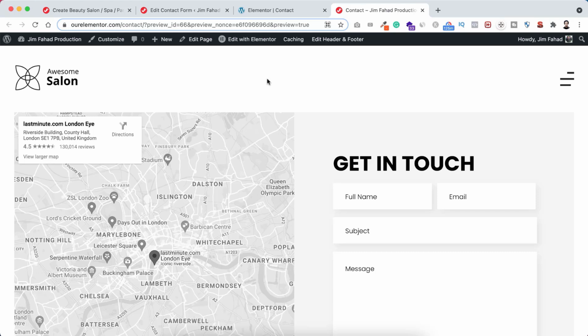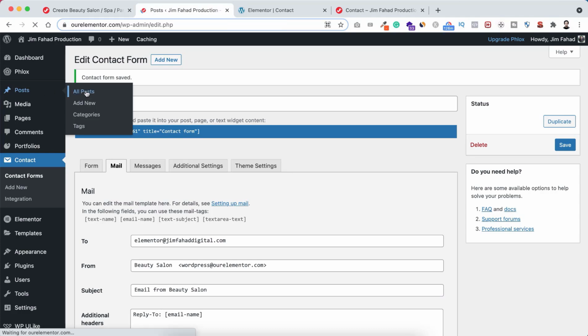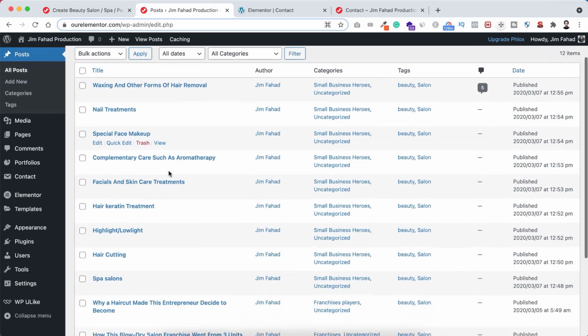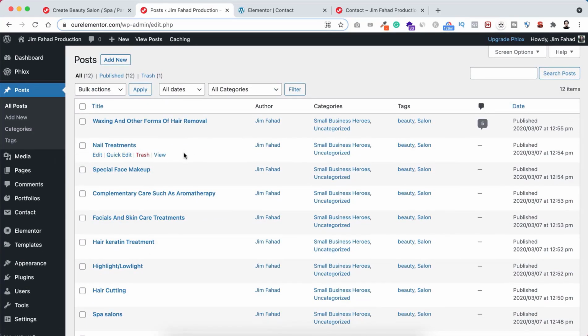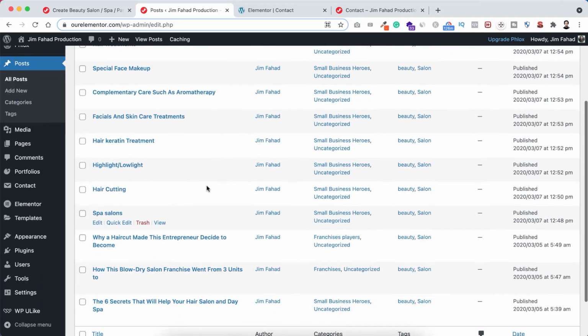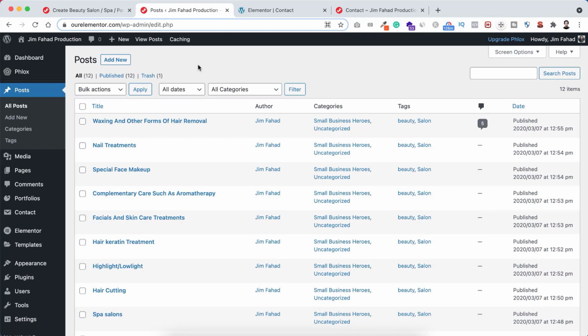how to write a blog post. So to do it, let's now just go inside our WordPress dashboard and then from left here we can see a link. It says posts. So from there, if we just go to all posts, here we can see some dummy blog posts. I haven't created any of these blog posts. You know, we have imported a demo website and within the demo import we have got all these dummy blog posts. But now let me show you, if you want to create a blog post by yourself, how you can